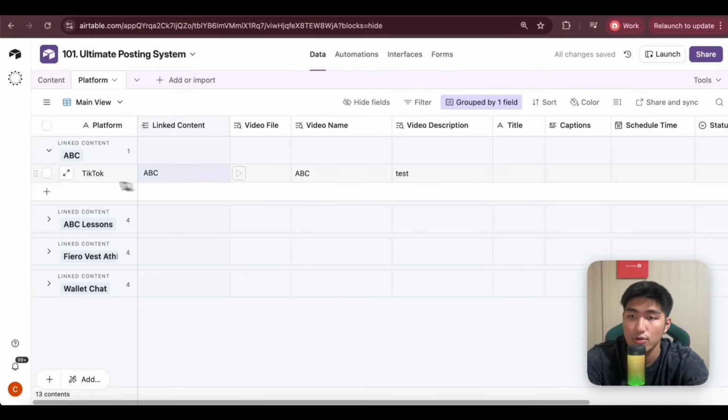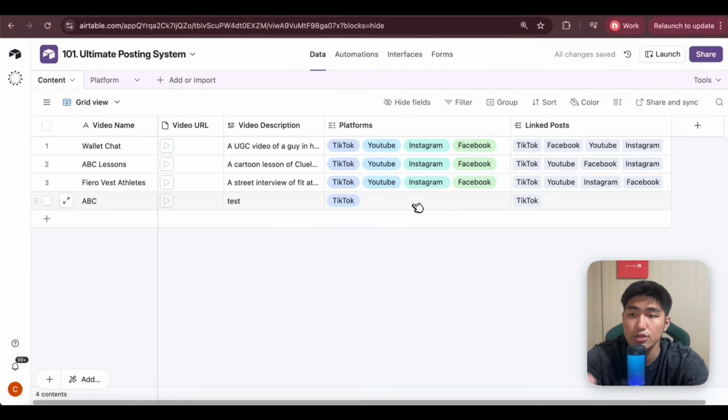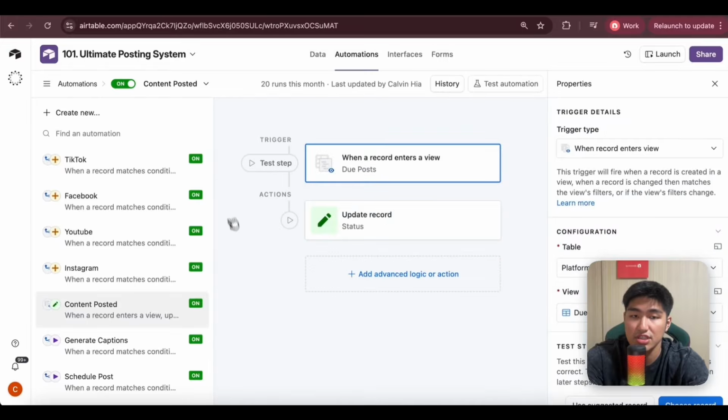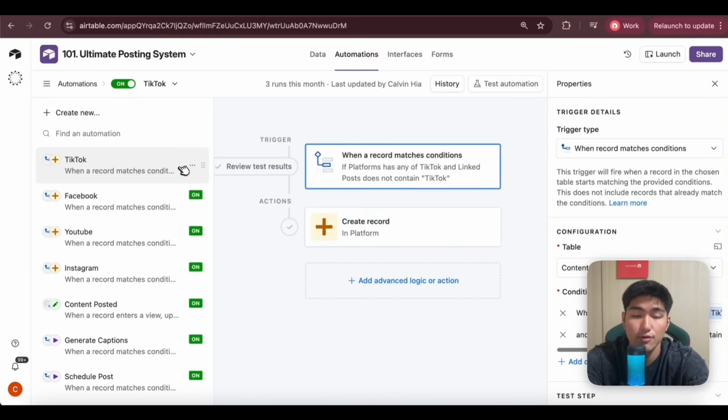Take a look over here now. We have this new specific record over here, right? And so how do we actually do that for each of the different platforms? What we did is to use something called automations within Airtable, and we create a specific automation for each of them. So starting off with TikTok over here, all we gotta do is to first trigger it with